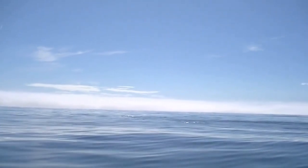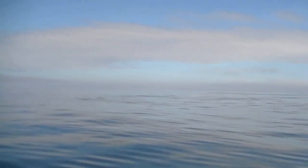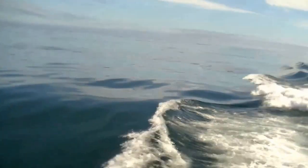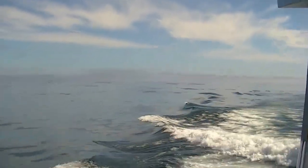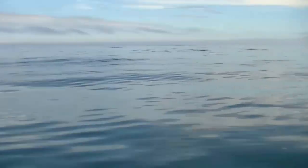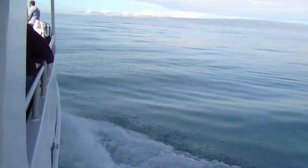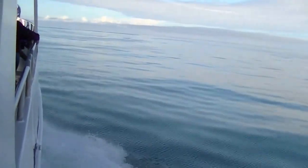We're about 20 miles away. We still got a lot of water to cover before we get back in, so it doesn't mean that our whale watching is over. If we see anything out in front of us, we can slow down and take a look. Our way back in on this gorgeous afternoon it's turned into for us here. Don't forget that our